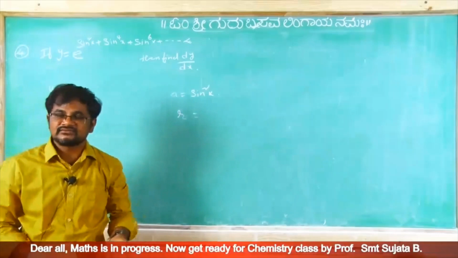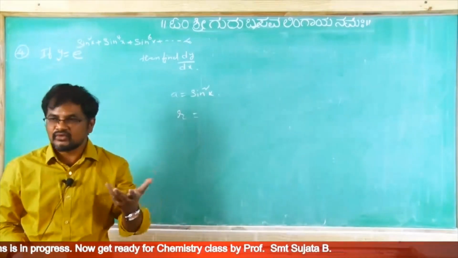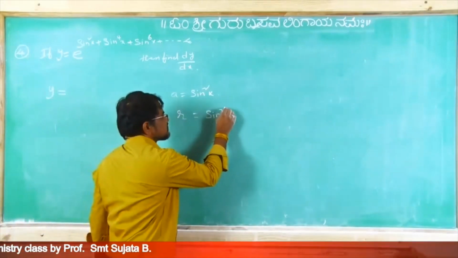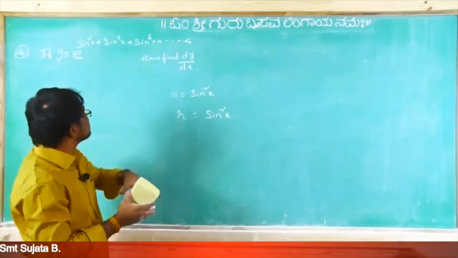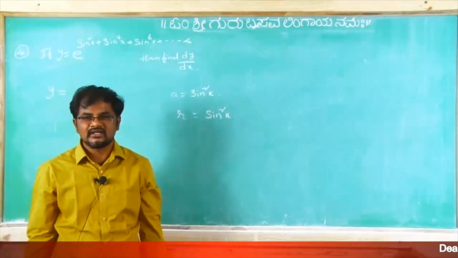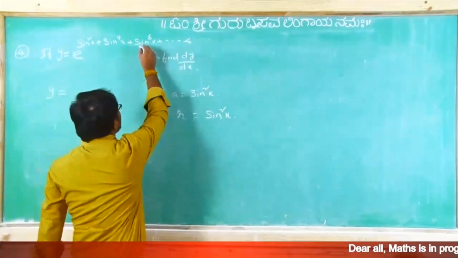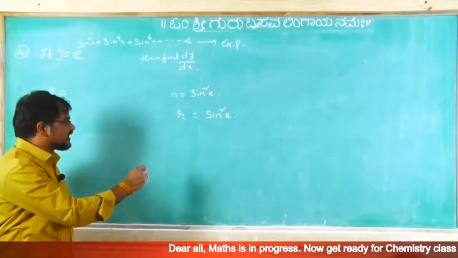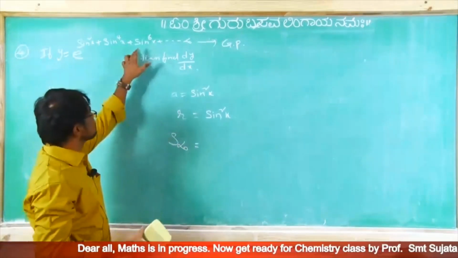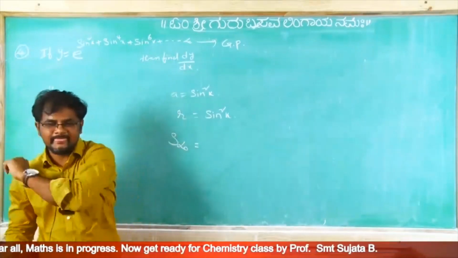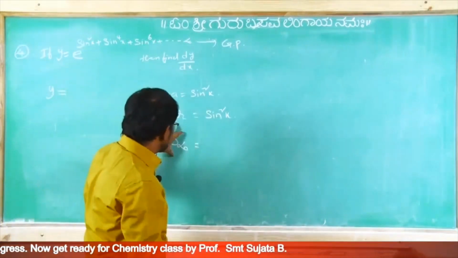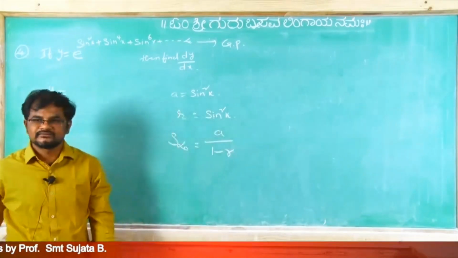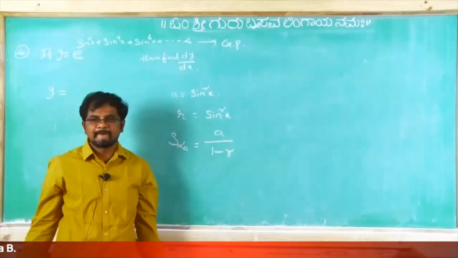Second term by first term. So what will you get? Sin to the power of 4 by sin square, sin square only. Means common ratio is sin square. The common ratio is same, so this series is a geometric progression. We know that the series approaches infinity. So the infinity term in GP, what is the formula? A by 1 minus r. Okay, now this is linked to progressions.